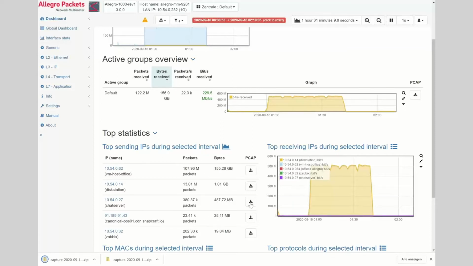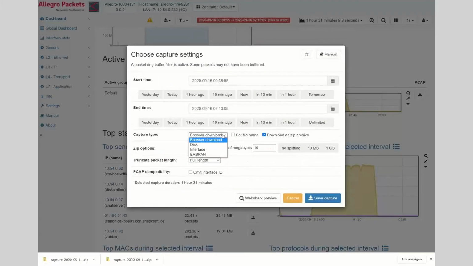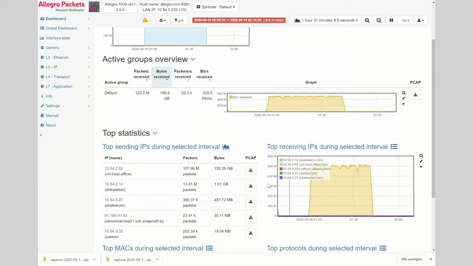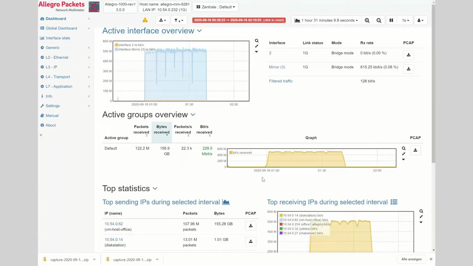We also added an easy way where you can just rename the file name, because maybe this is my capture. Now if you start this capture, the file name is already set to the browser, and you don't get our cryptic naming. Of course, you can include the template here for specific things you would like to add automatically, but this helps a lot that you can do easier PCAPs.